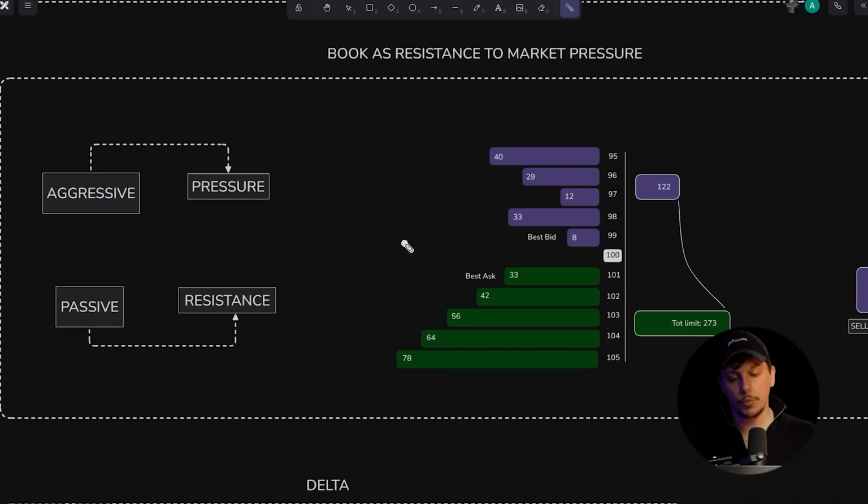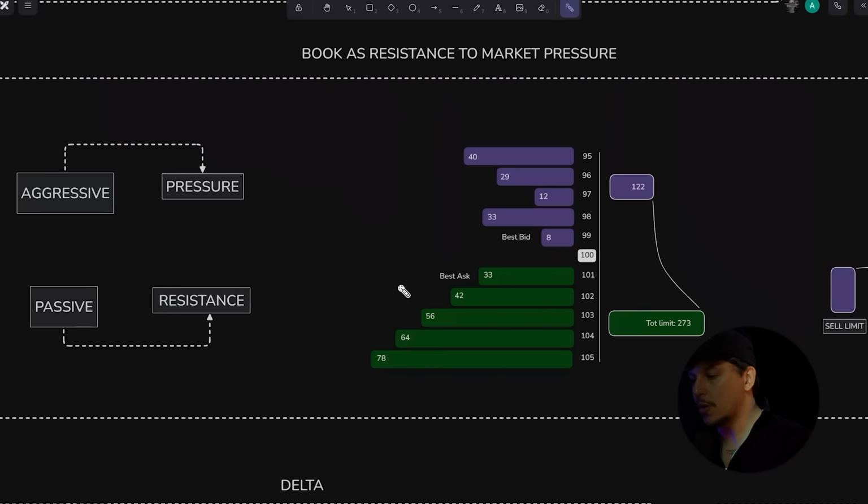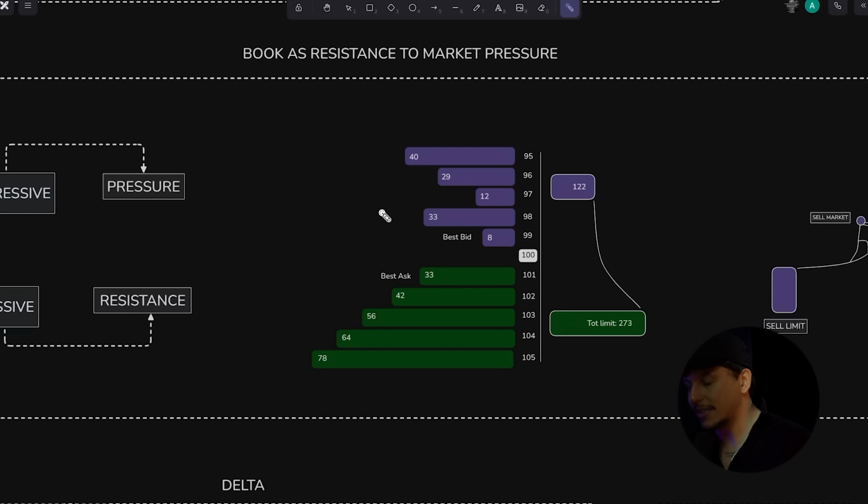So from the example that we saw before, we understood the two forces and we understood their role. The role of aggressive market forces is creating pressure, okay, moving the market. And the role of passive orders is creating resistance. And you can see this by observing the book. Let's make this example, okay? We have 122 total contracts on this block here on the book, and we have a total of 273 on